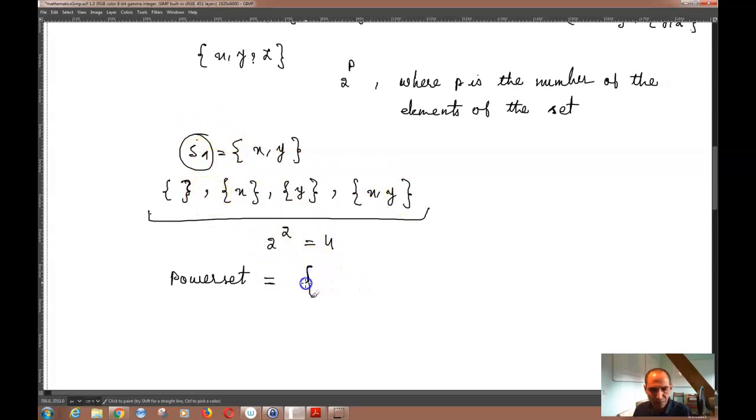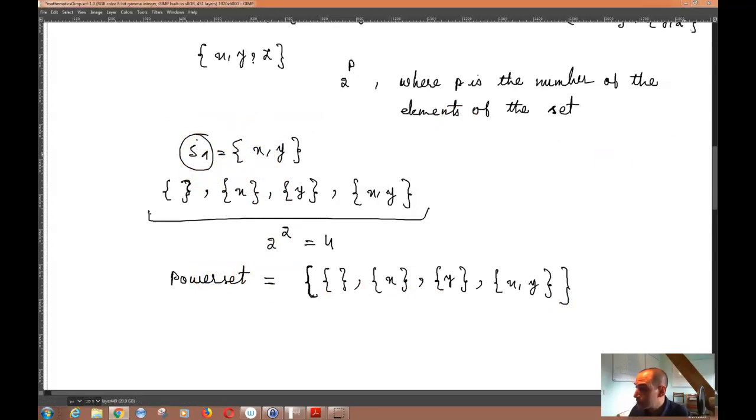Meaning that, for example, you can write the power set of S1 as this set, and the next set over here, and the next set over here, and that's the power set of this set S1. And the power set is denoted by, as I can see over here,